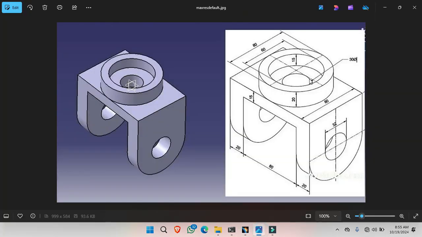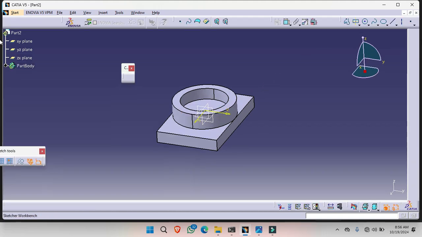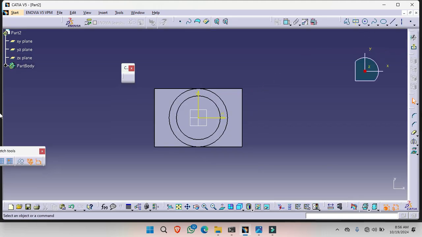After that we create this throughout hole. The throughout hole dia is 30 mm. So click on sketch view on this surface and choose a center circle.